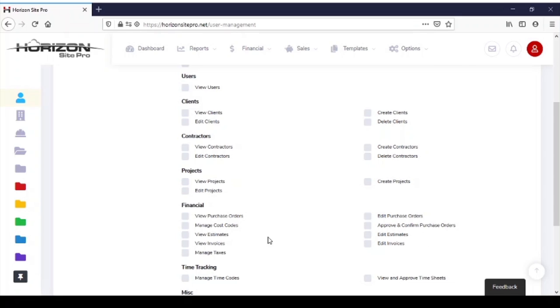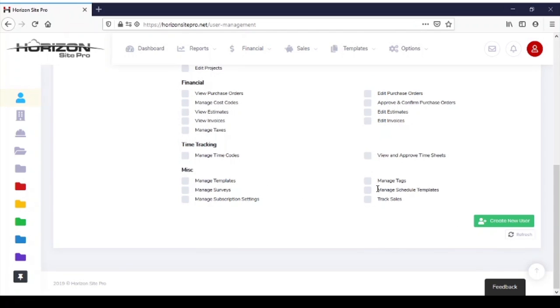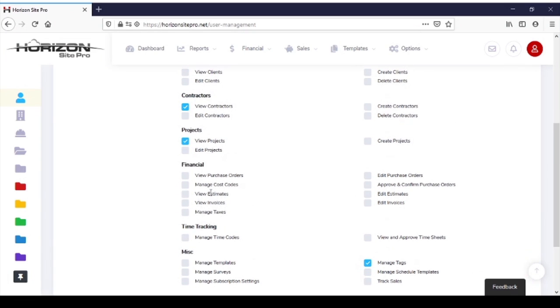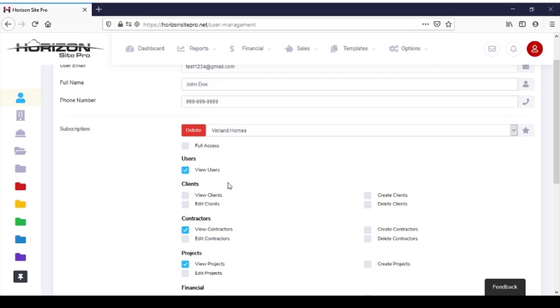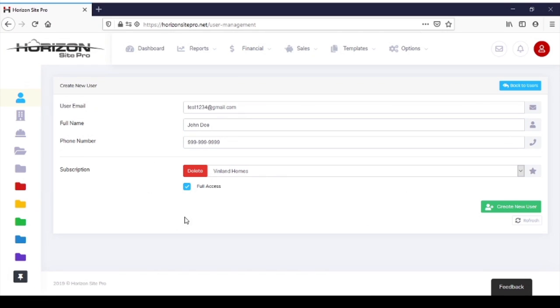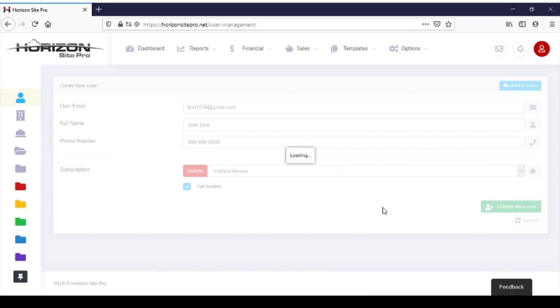Maybe you don't want them to see all the financial information of the project. You know, on creating a project, you don't want them to be able to create or edit, maybe just view. You can select that. Maybe just view contractors, but not be able to edit, delete, or create either. You can pick anything you want, give them any permissions that you want for what they can see, what they can do. And again, if you want this employee, this internal user to have full access, all you gotta do is hit the full access, hit create,